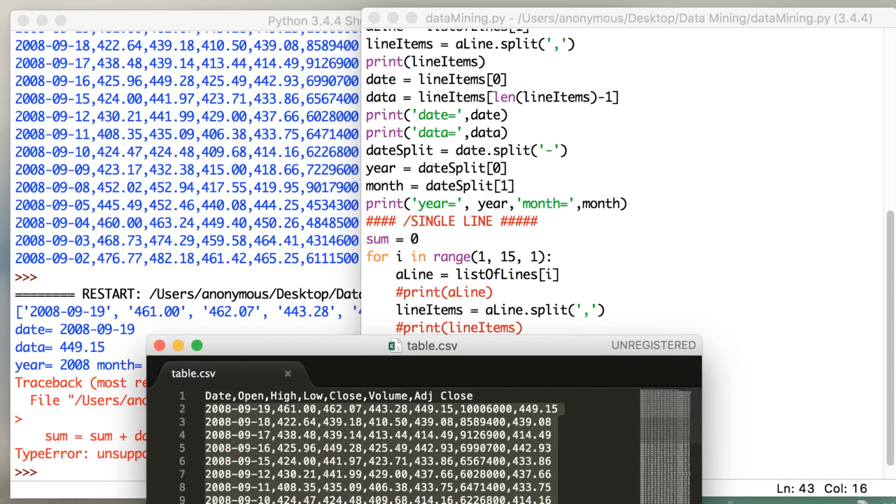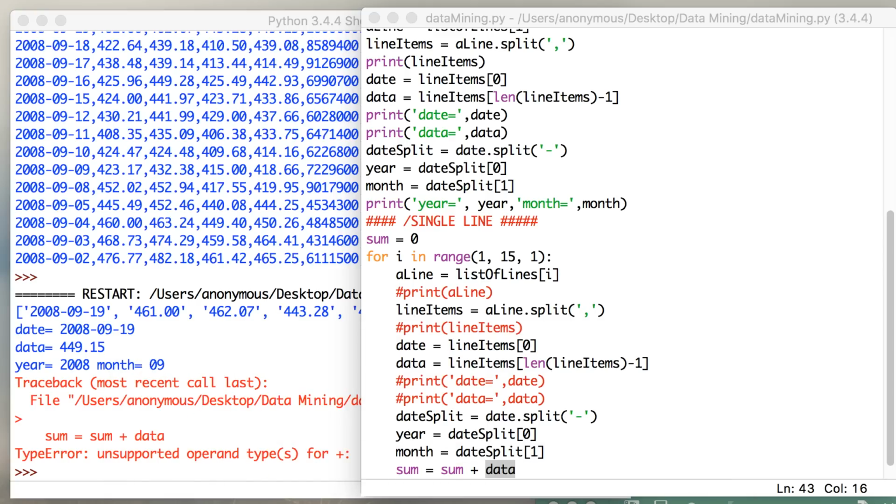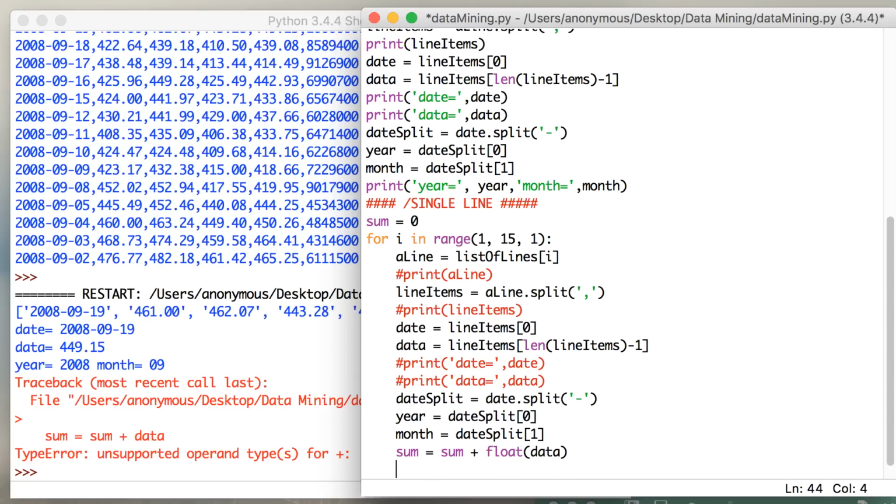Because you're reading it from a file, and when you read something from a file, even though it's a number, the program thinks it's a string. So how do I convert this thing from a string to a number? Well, I know it's a float, so I'm just going to cast it into a float, right? And if I really want to be particular, I want to go and show my sum for every